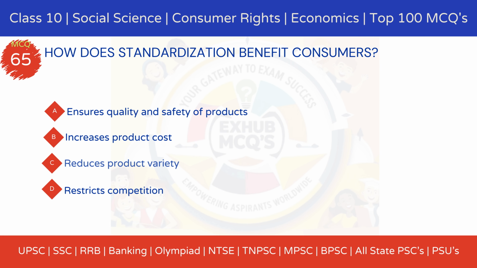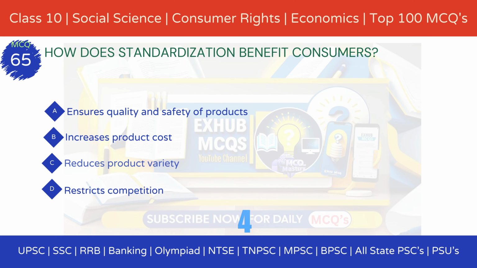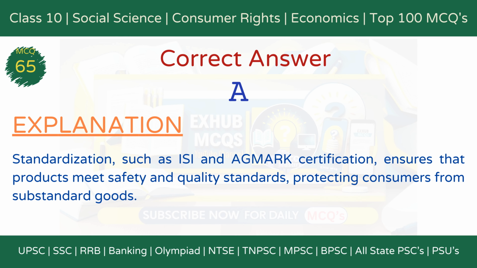Option A. Ensures quality and safety of products. Option B. Increases product cost. Option C. Reduces product variety. Option D. Restricts competition. The correct answer is Option A. Ensures quality and safety of products. Explanation. Standardization, such as ISI and AgMark certification, ensures that products meet safety and quality standards, protecting consumers from substandard